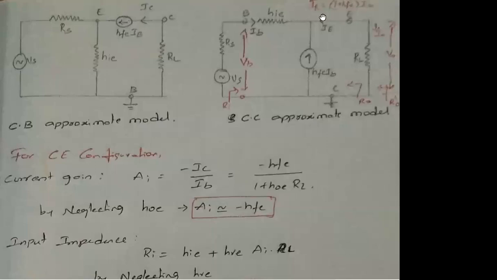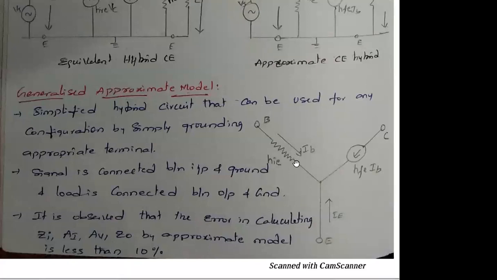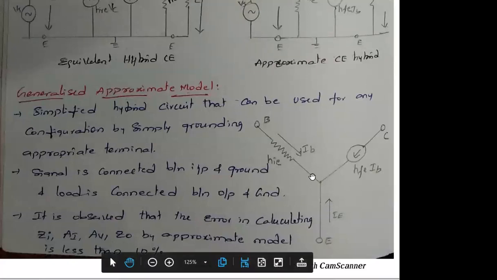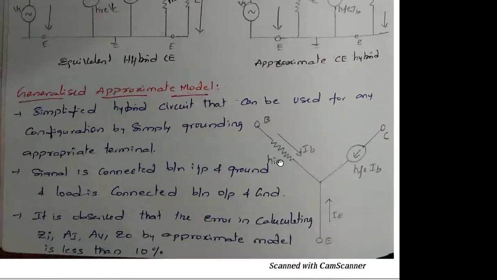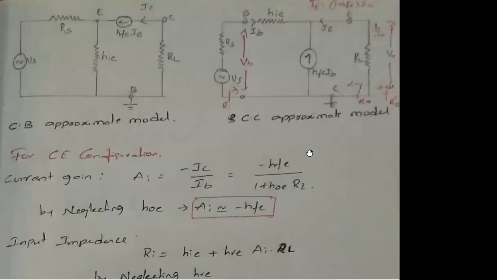See, in the Y model, the base is grounded. In the Y model, the collector is grounded. The remaining parameters are similar. We have to remember just the previous one. If you verify the previous figure, if you remember this circuit, Y circuit or generalized approximate model, whatever the configuration, if it is emitter, ground the emitter; if base, ground the base; if collector, ground the collector. Okay, we simply eliminate the remaining terms HOE and HRC. That is a function.